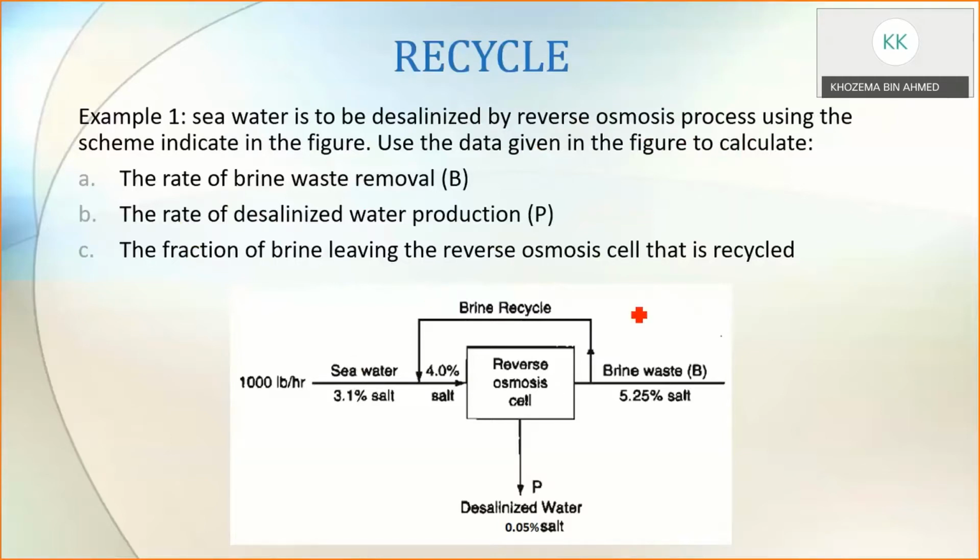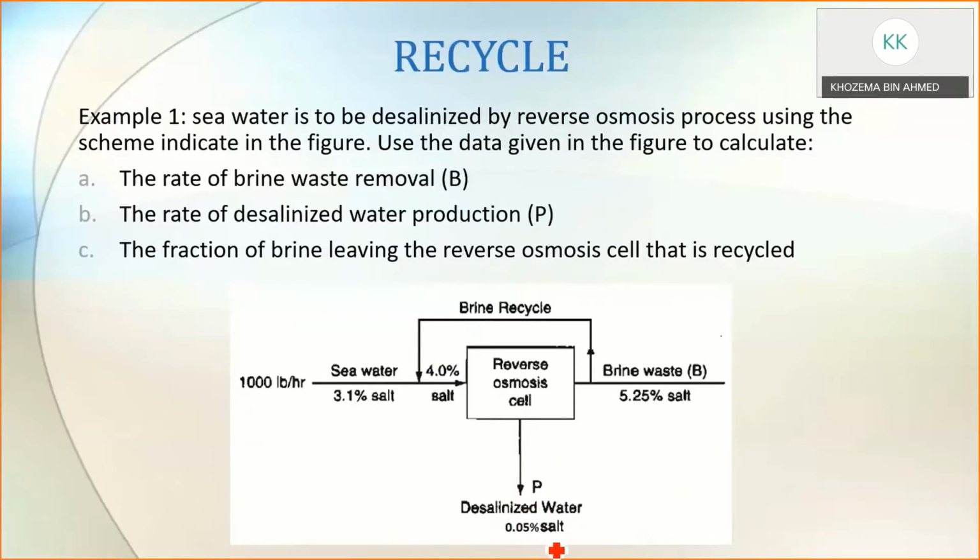This is the diagram that is given to us, and if you see here, this is our feed, 1000 pound per hour. The composition of our fresh feed going into the reverse osmosis cell is 3.1% salt, and the rest is water, and it will combine with a brine recycle to form a gross feed which has a composition of 4.0% salt, and then the reverse osmosis process will happen where your water will be desalinized to produce P, which is our desalinized water, with a composition of